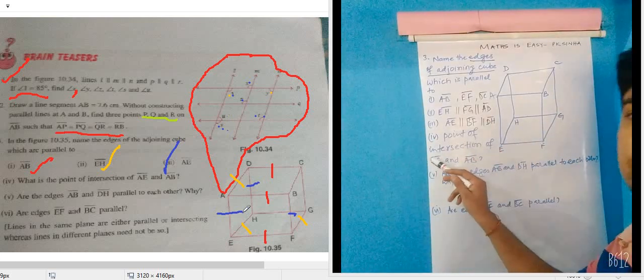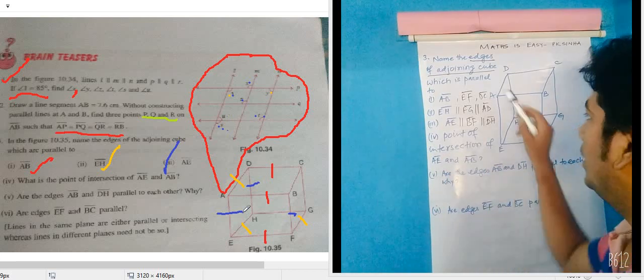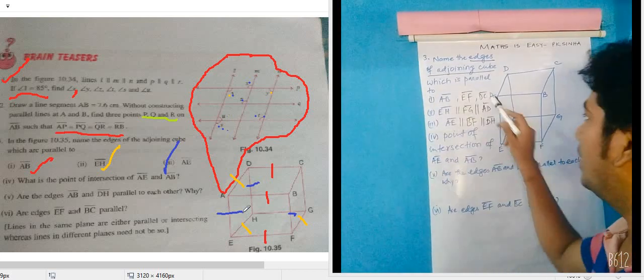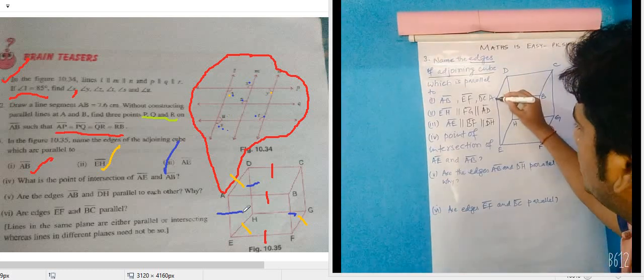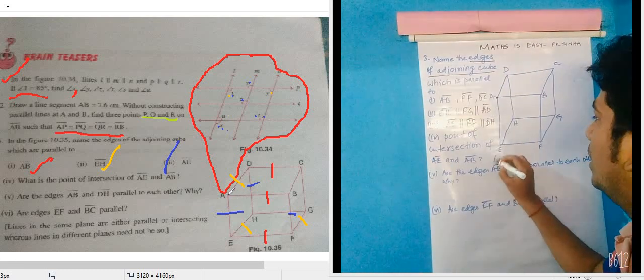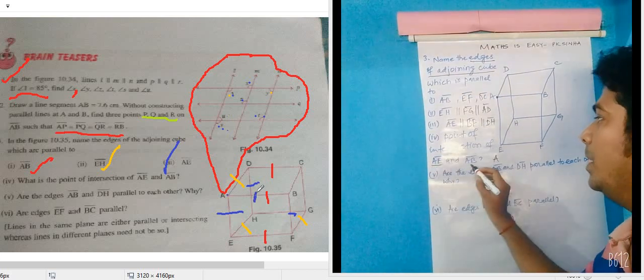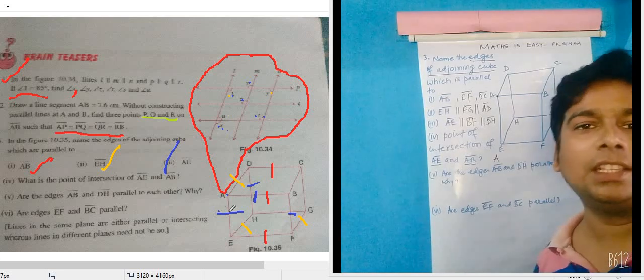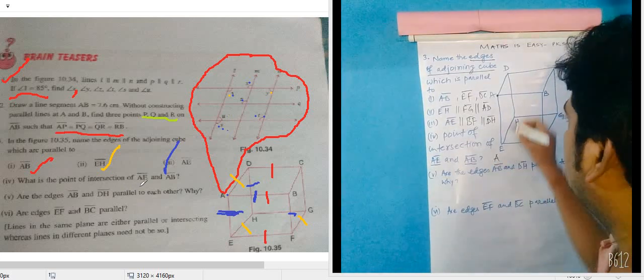Next, the point of intersection of AE and AB. AE, AB, where they are meeting each other, the point of intersection is A. So you can get it from the name also. Which point is coming common in AE and AB? A is coming common. So you can say the point of